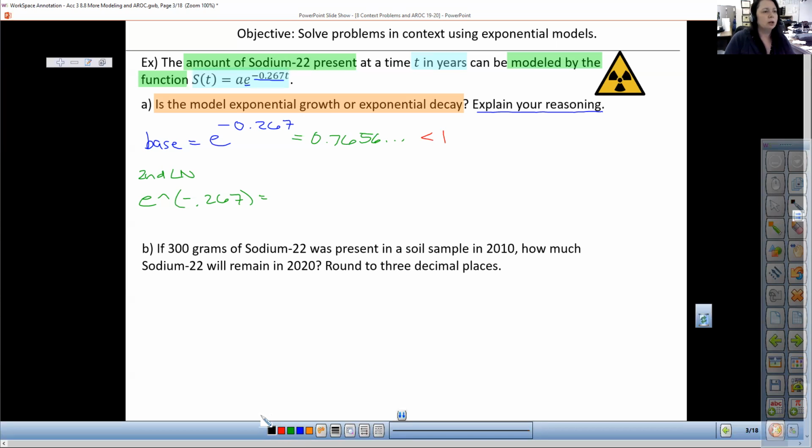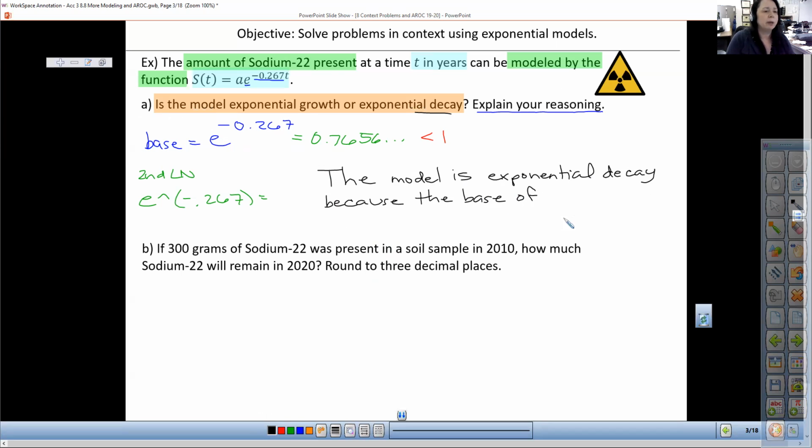And so now let me show you how I would answer this problem with the reasoning portion of it. So because my base is less than 1, I know I have exponential decay. So that's how I'm going to start this. So the model is exponential decay. My conclusion. Because, so here's my reasoning. The base